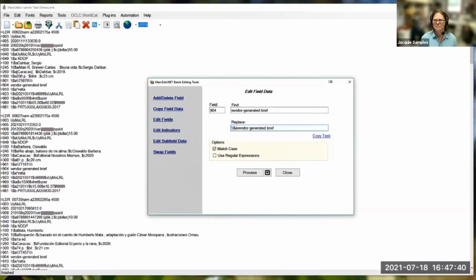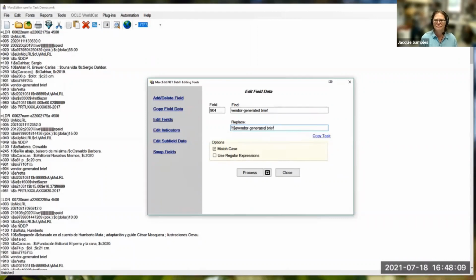Because MarcEdit edits text, you can just copy and paste it in here or change it in this way. If I didn't insert the subfield spacing by putting those forward slashes in, it would break the MARC structure when I go to put it into the ILS. So I want to make sure I make this change. I want to show you how to do that.